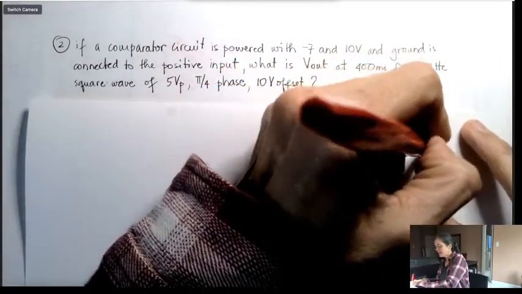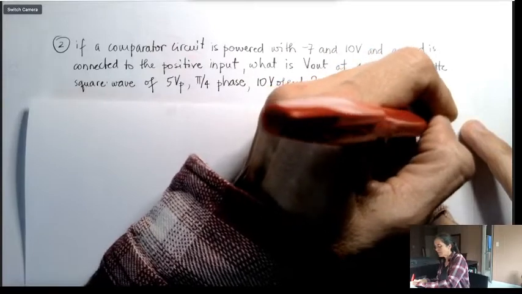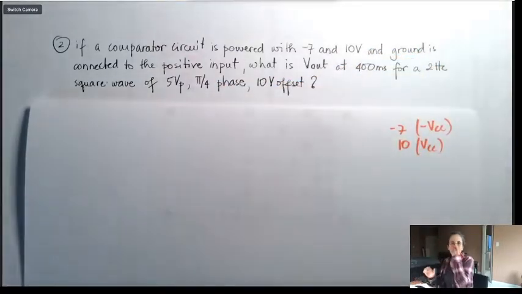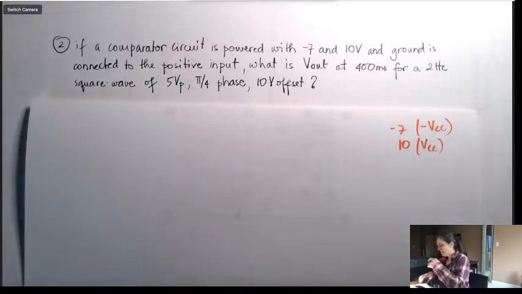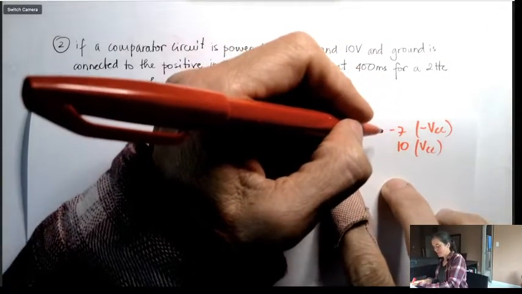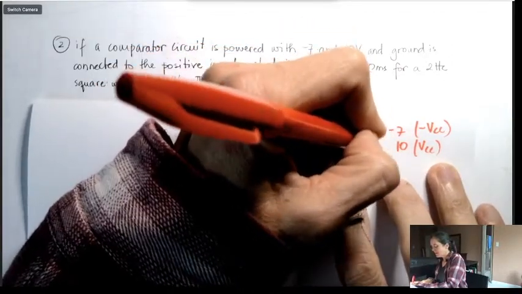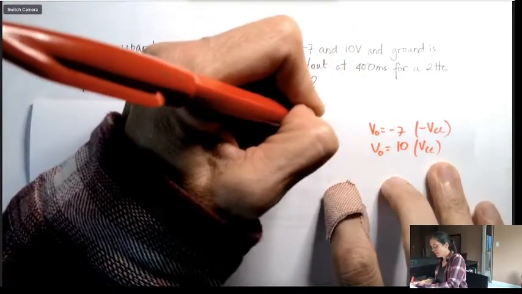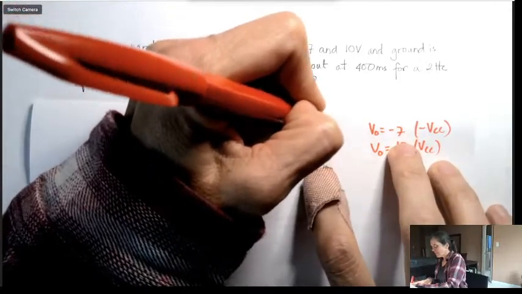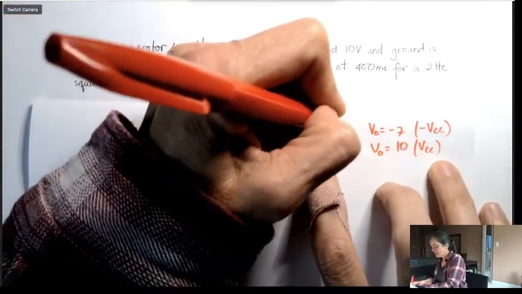And 10 is VCC and -7 is minus VCC. Always the smaller number will be the bottom rail and the larger number will be the top rail. And it's going to put -7 in, or spit it out. V out will be -7 or 10. And in two cases, this will be if the V negative is going to be larger than V